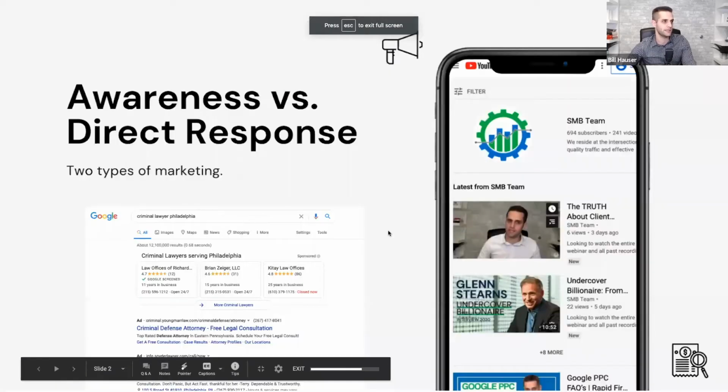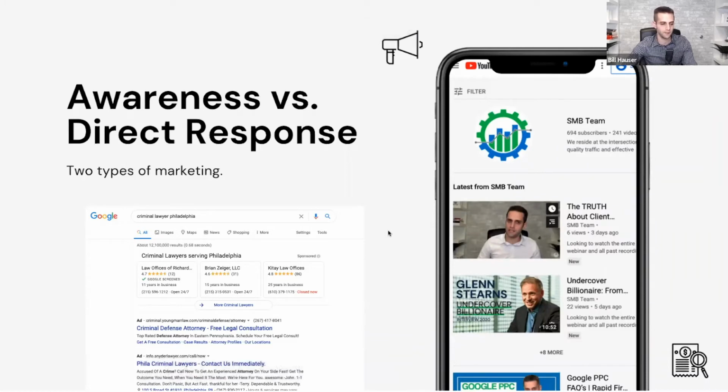So the reason that we decided to launch G3 is because we were looking for a way to combine awareness-based marketing with direct response marketing, okay? Meaning direct response is what happens on Google. Someone immediately makes a search and the direct response is they get an ad, right? Awareness is when you're interrupting people on the internet through targeting and showing them ads whether they want to or not. Billboards, radio, TV would be an example of awareness marketing.